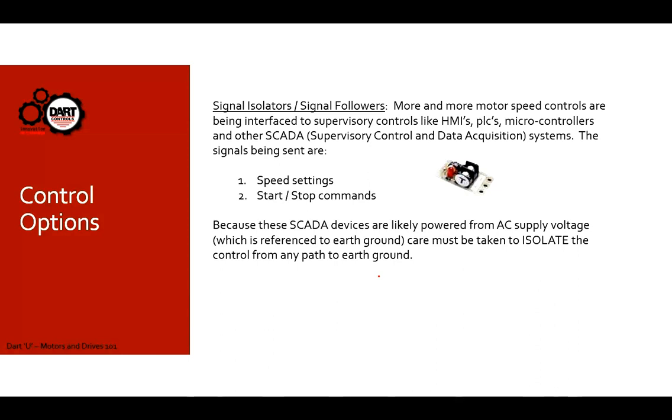It's much more common these days than ever that a motor control is actually being controlled by some other higher intelligence device. It could be a human-machine interface, a programmable logic controller, or a microcontroller. All these are generally termed SCADAs. The types of signals normally sent are the speed setting. These SCADA devices will tell the control how fast I want the motor to go,